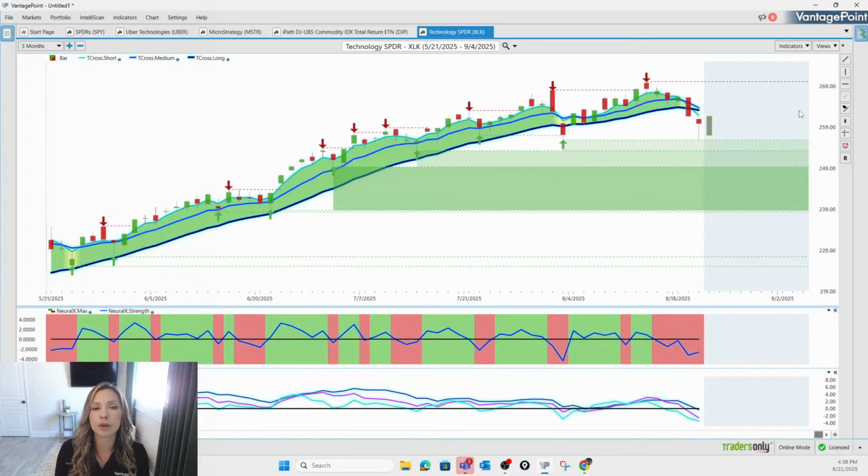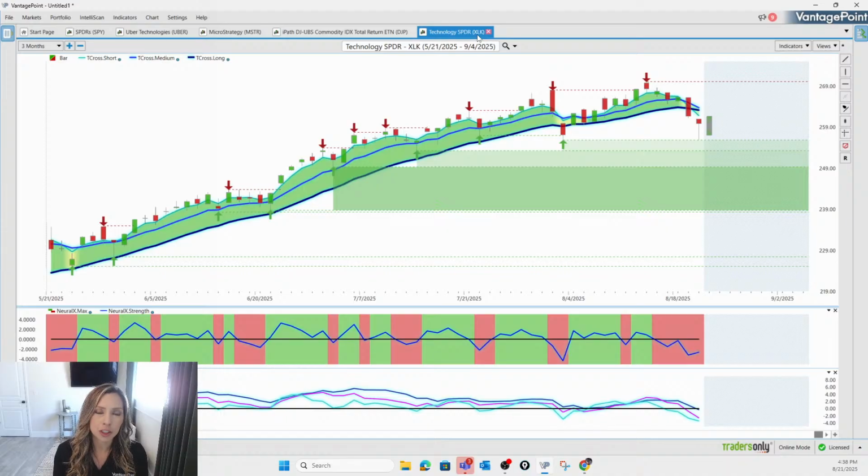This is a slightly different view than we've looked at thus far, because when you are looking at a longer term trend, oftentimes it's imperative to see the integrity of that trend. Are we still continuing with good bullish strength or upward strength? Or are we starting to lose that strength? Is it starting to dissipate to a point where you need to better assess the importance of remaining in that move, or whether or not it might be more advantageous to move to another sector or move to another market as a whole? And so XLK is a great example to showcase this, because